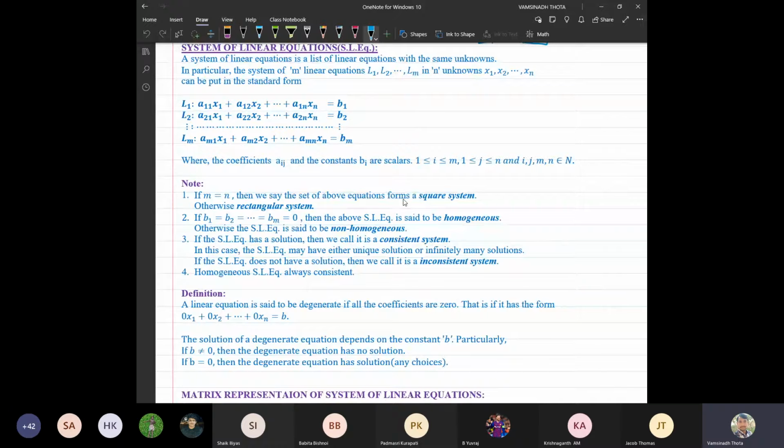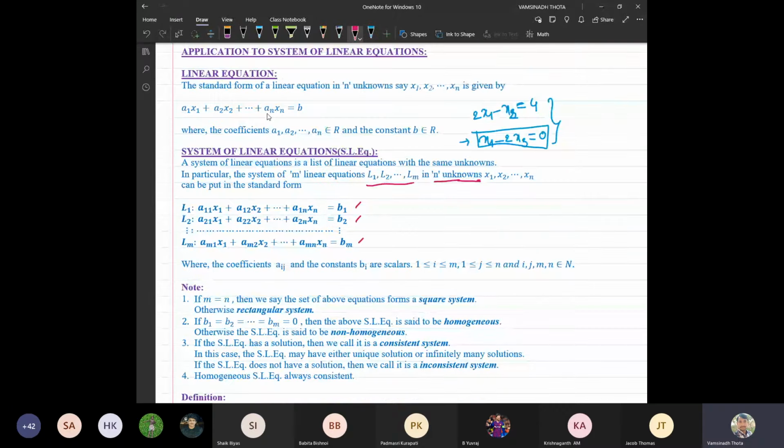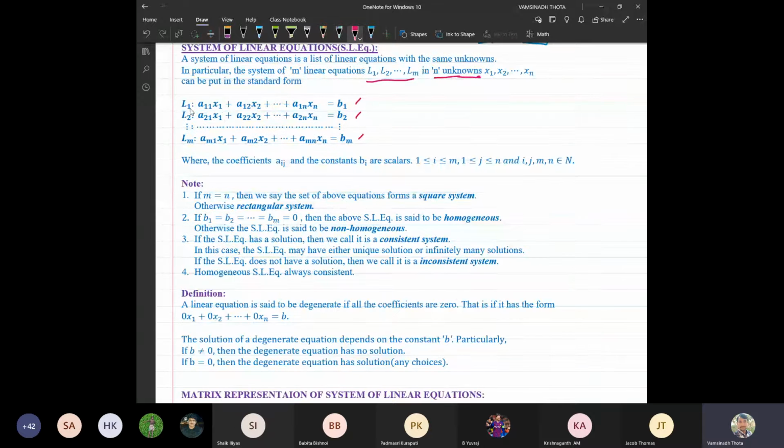Previously, when I wrote only one equation, I could simply write the suffixes a1, a2, an, because there is only one equation. But in a system of linear equations, I cannot write in that sense, because in every equation x1 will be there, and for every x1 there will be a coefficient. So we need to maintain the difference, and for that purpose we consider a with double suffixes. The first suffix represents the number of the equation, and the second suffix represents the respective unknown.